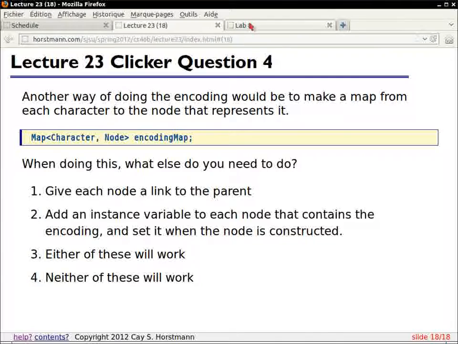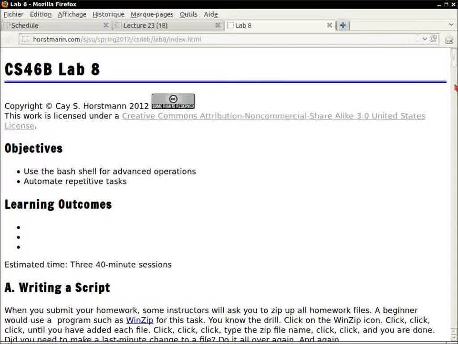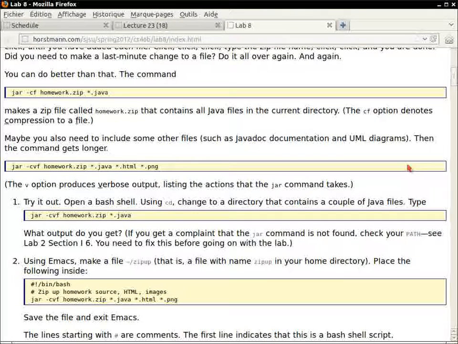All right, we have a brand new and exciting lab. It's so new that I didn't have time to fill in the learning outcomes, so I assure you there will be some. We just don't yet know what they are, but it's about scripting. But before doing the lab,